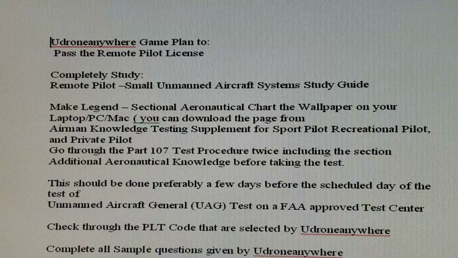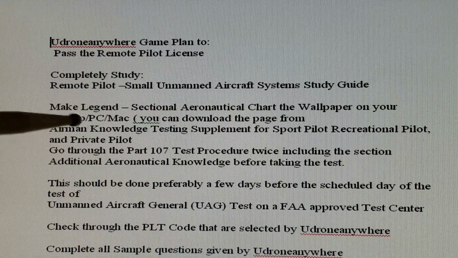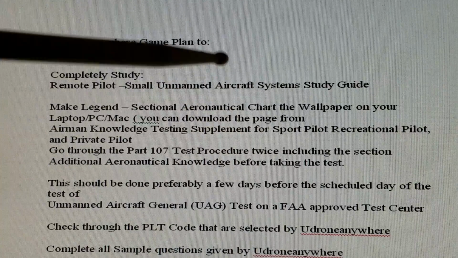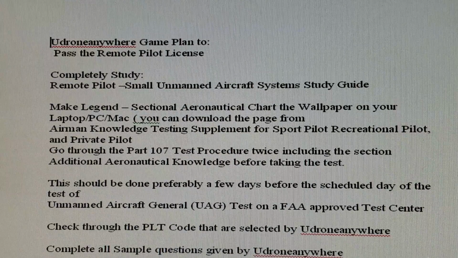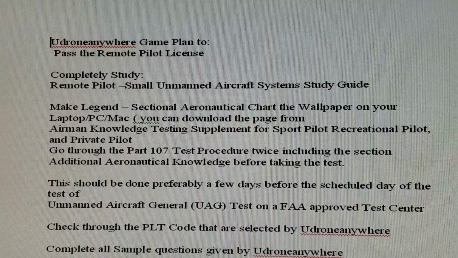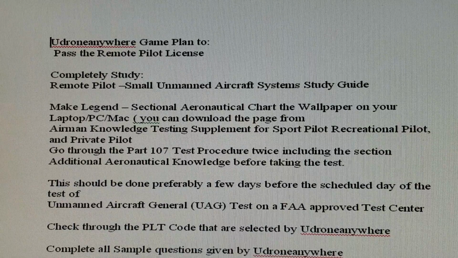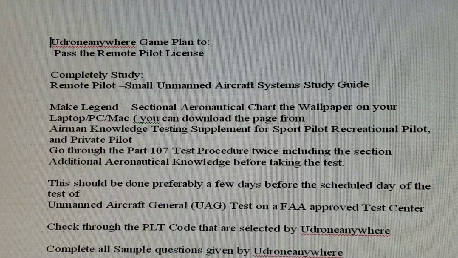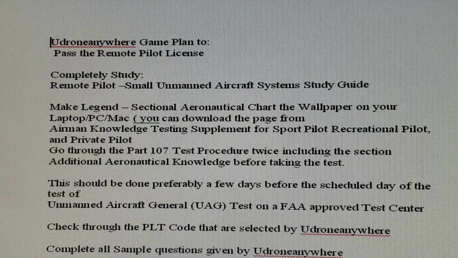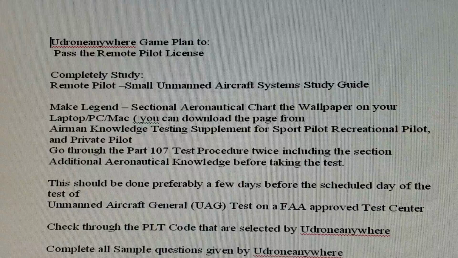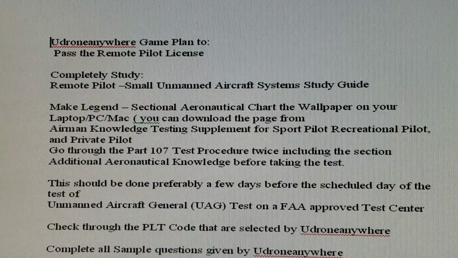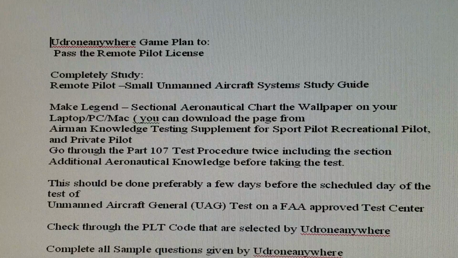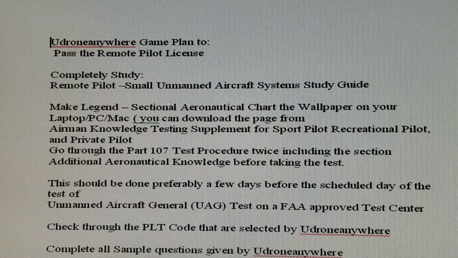And then go through the Part 107 test procedure on the website twice, without taking the test on the website the first time. Only on your second time around do you take the test, and this should be done preferably a few days before you go to sit for the UAG, the Unmanned Aircraft General test, at the